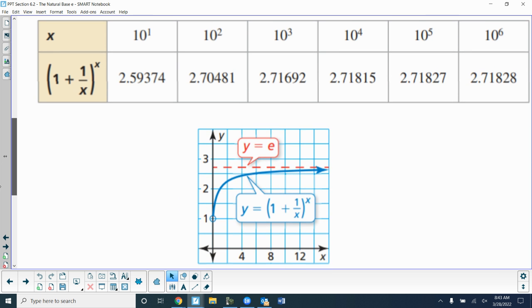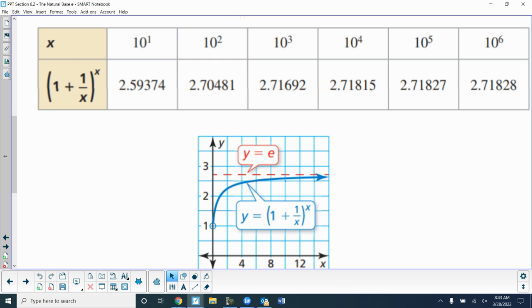Okay, so here's our expression, 1 plus 1 over x to the x power. When I put 10 in for x, we get 2.59374. When I put 100 in for x, we get 2.70481. When we put 1,000 in for x, we get 2.71692. Then they put 10,000, 100,000. Then they put 1,000,000 in. And